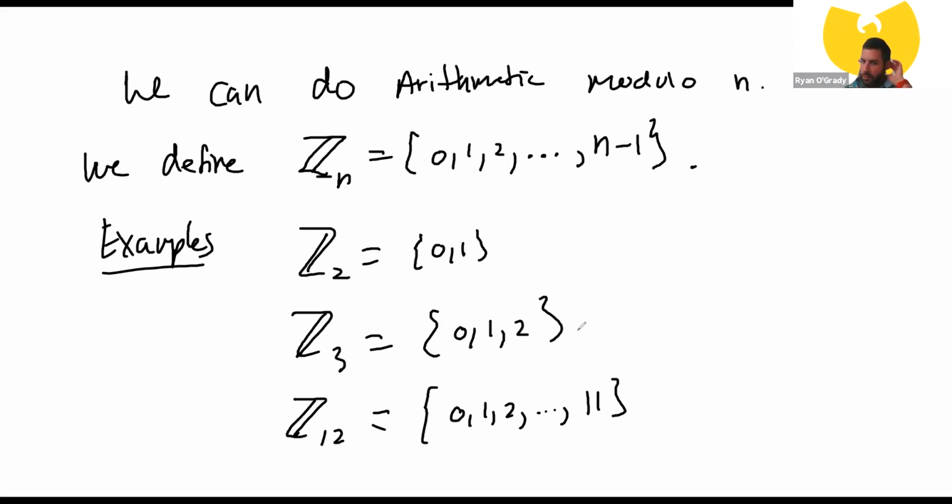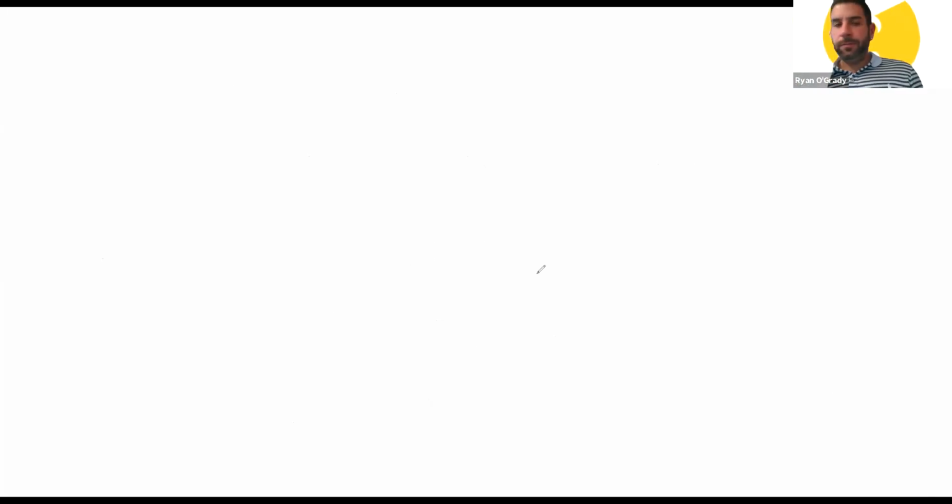So there are branches of math that take advantage of these structures. Some people call it abstract algebra, other people call it modern algebra, where you study structures of sets and operations on them. It's pretty interesting stuff. Anyhow, so we can define addition on it. So what we do is